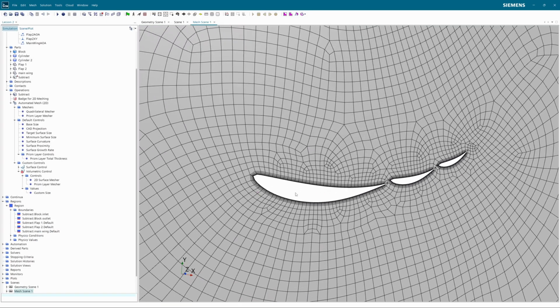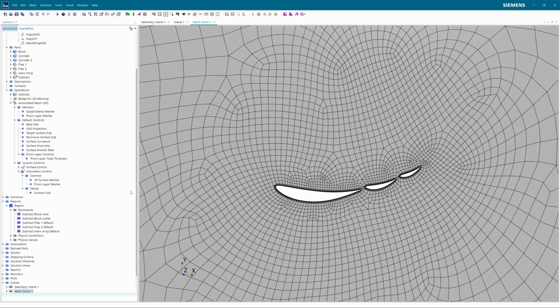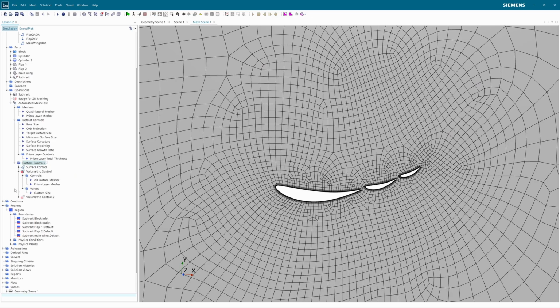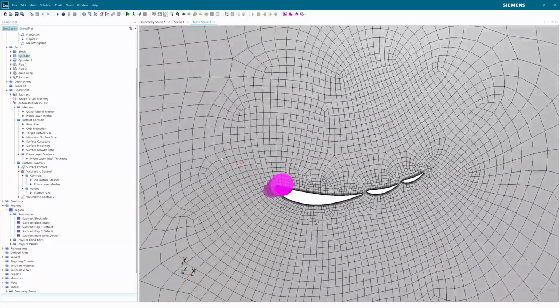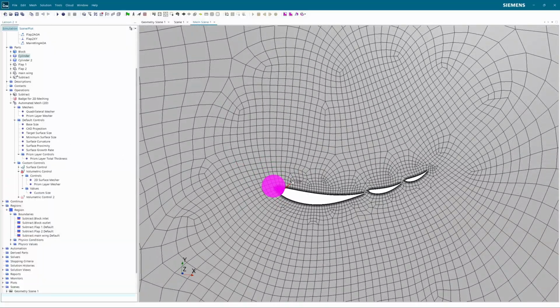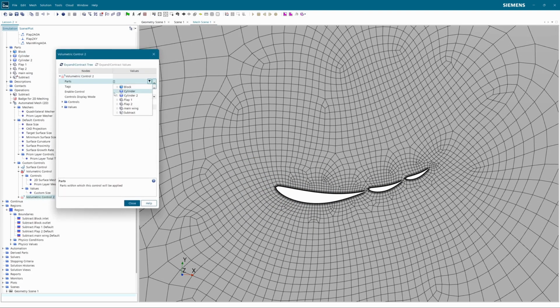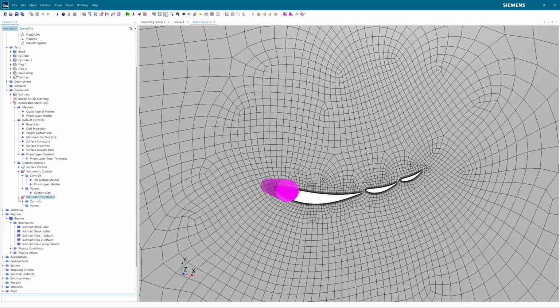So what we're going to do now is add specific smaller volumetric controls to the specific regions that we wish to refine even more. So I'm going to make a new volumetric control. I've already created one of these cylinders for the leading edge of the first wing, which is actually the easiest one. It's the one that doesn't move, it just rotates around here, and there will be no complex things to add to this one. So I'm just going to select cylinder 1, all right, and I'm going to edit